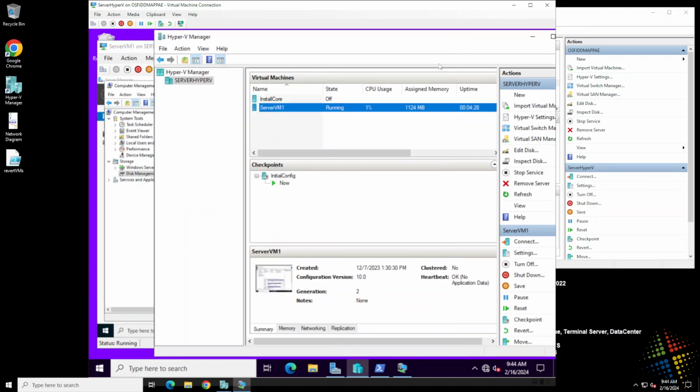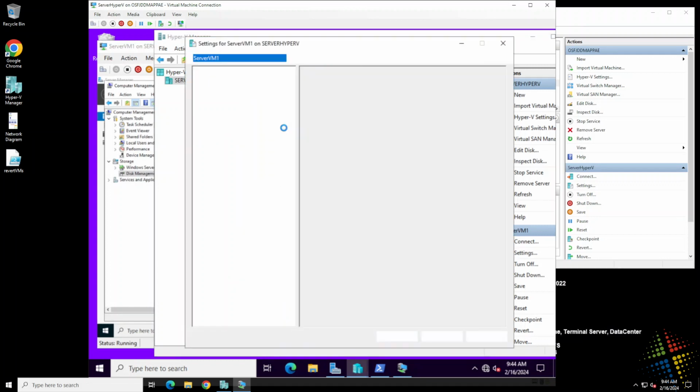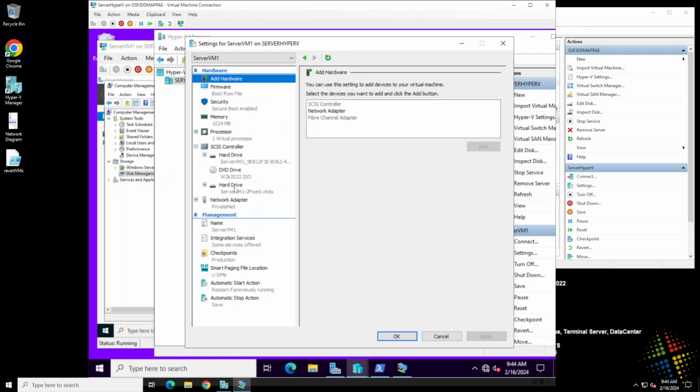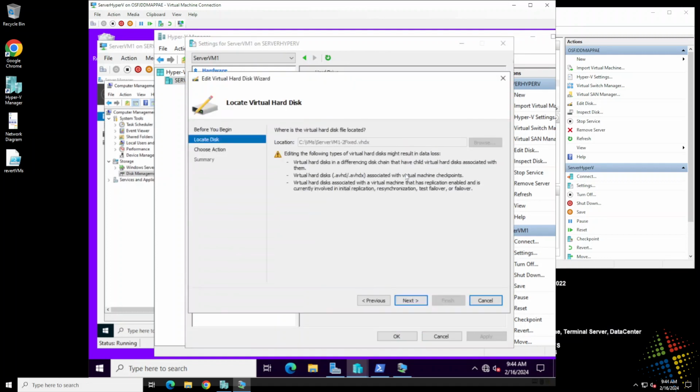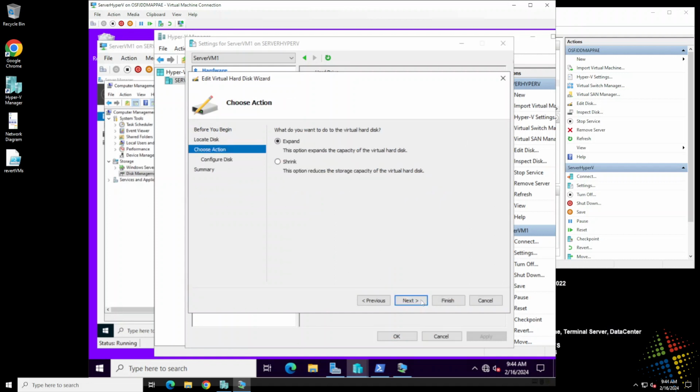Now I can go back to my Hyper-V environment, right-click Server VM1 and Settings. Again, choose my hard drive that is a fixed size. I will choose Edit. Next. And now I have two options. I can either expand the hard disk even more, or I can shrink it to reclaim some of that disk space. I'll choose Next, and minimum size of 3, so I'll go ahead and type in 3, and then Next,